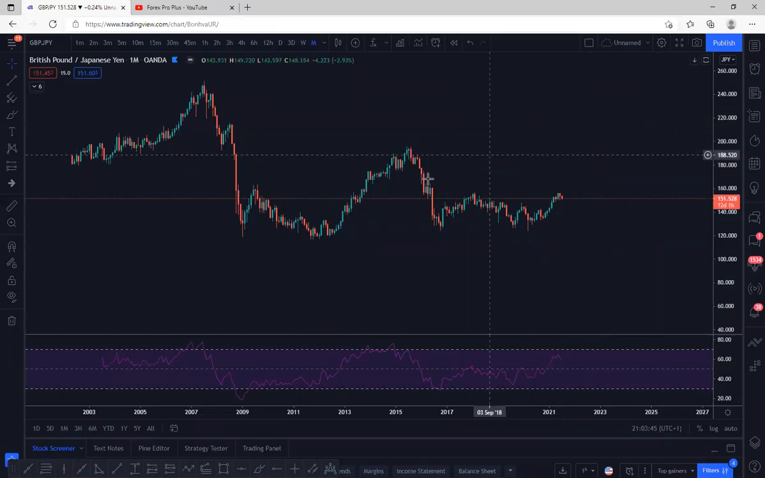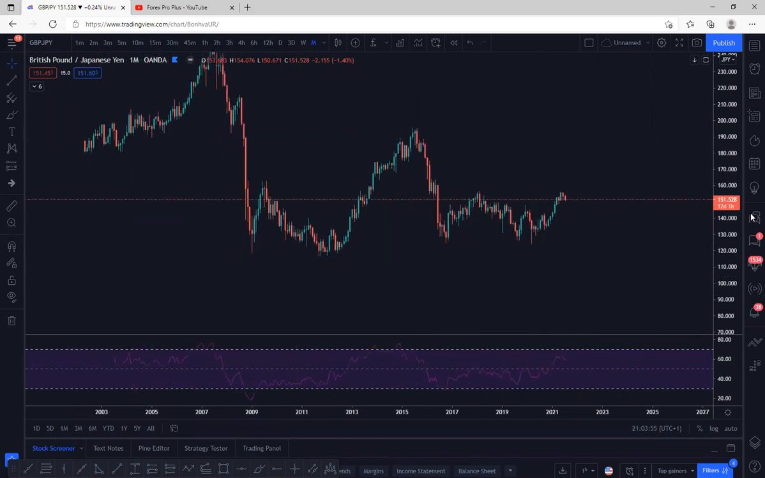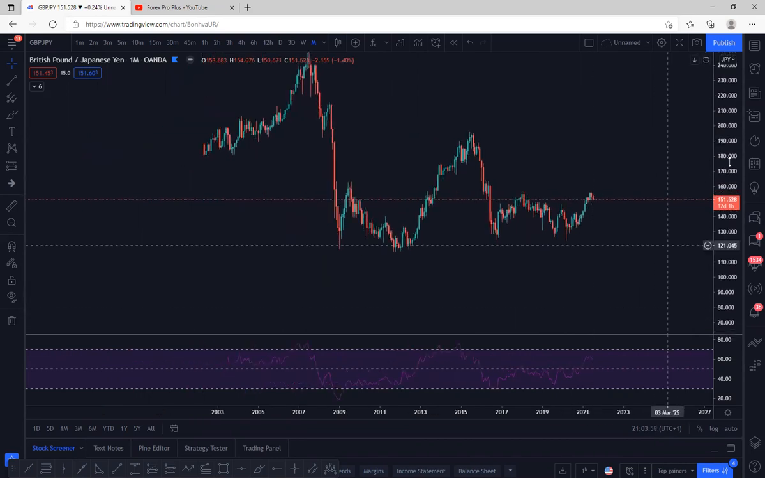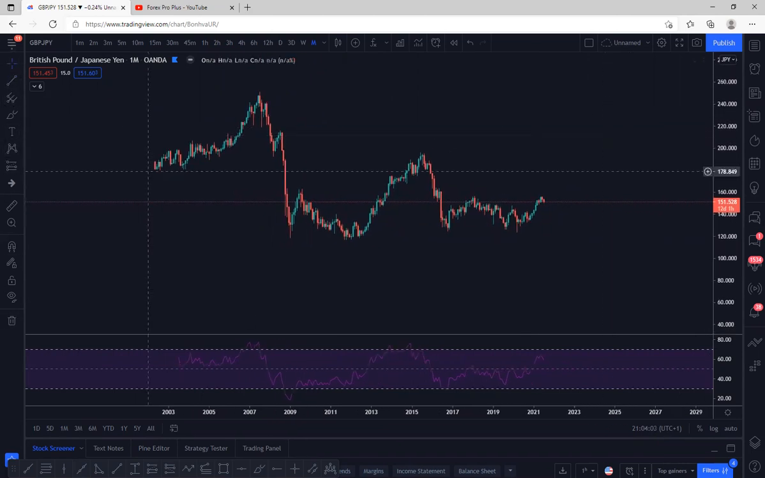Let's see, GBPJPY analysis today. The market is opening in probably an hour or so. So let's see what's happening. Let's start with our monthly chart, and